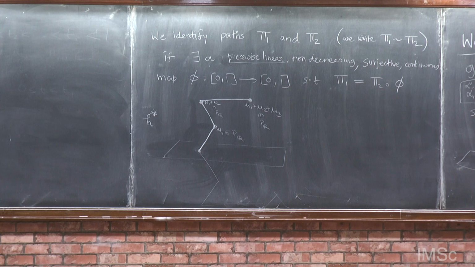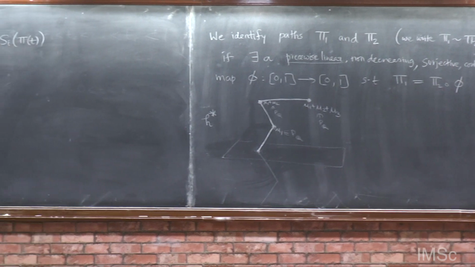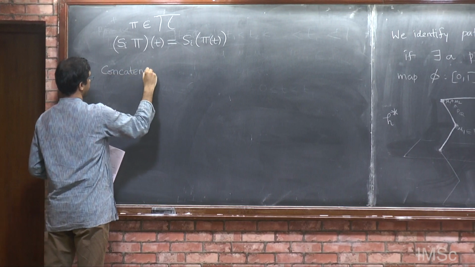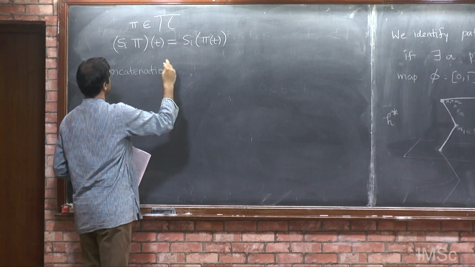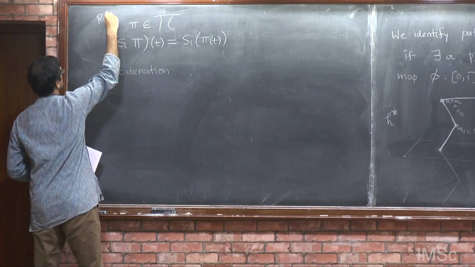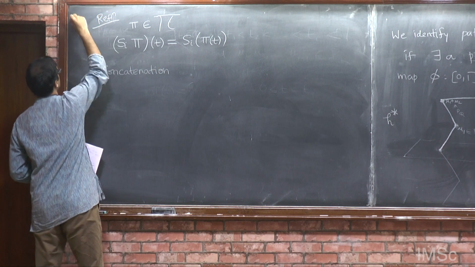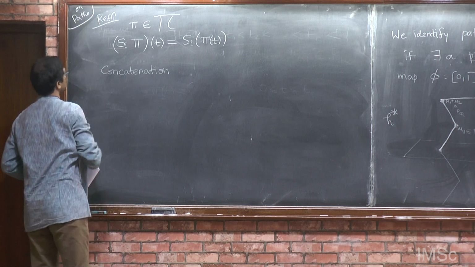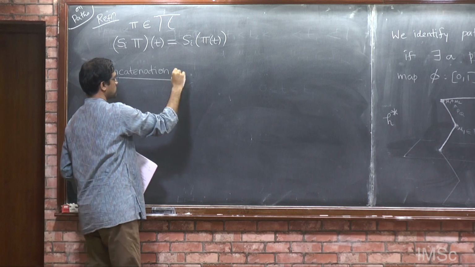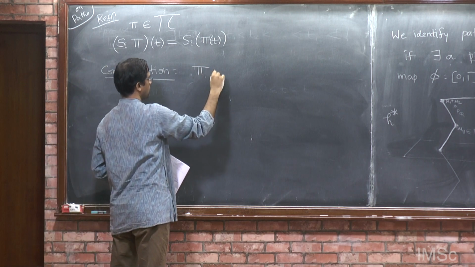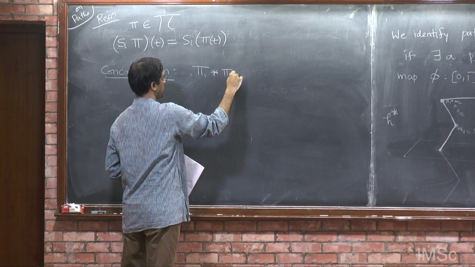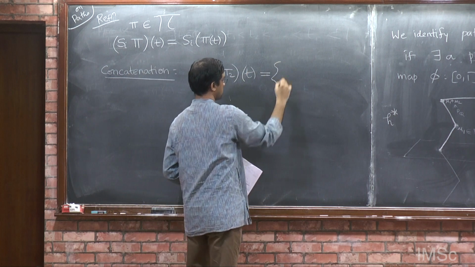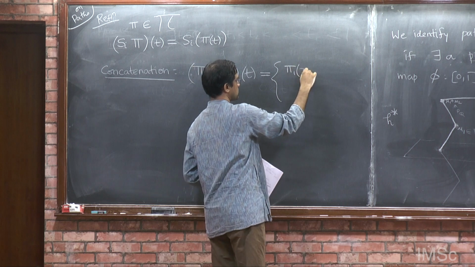Now, what else can one do? What are the operations on paths? The most obvious one is concatenation. So this is the reflection operation, and all these are on paths. So what's concatenation of paths? If I have two of them, pi 1 and pi 2, I'll define pi 1 star pi 2 in the obvious manner. I'll first traverse pi 1. So one way of writing this is to say